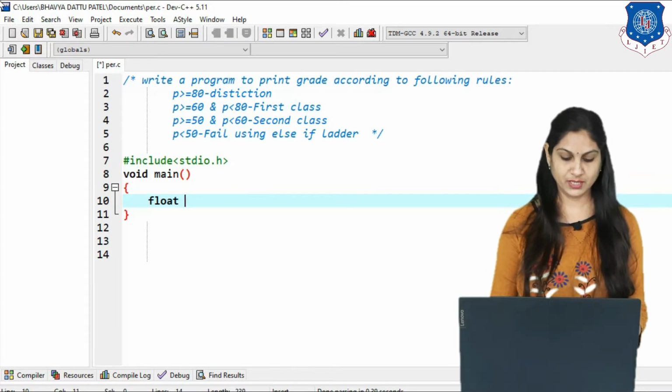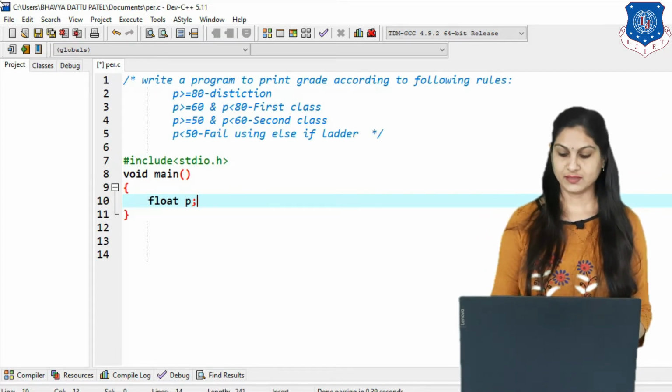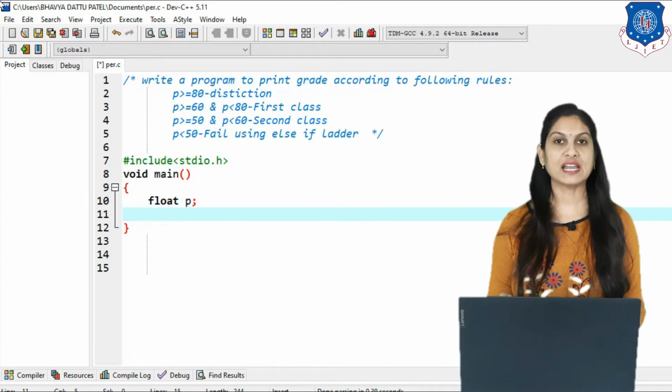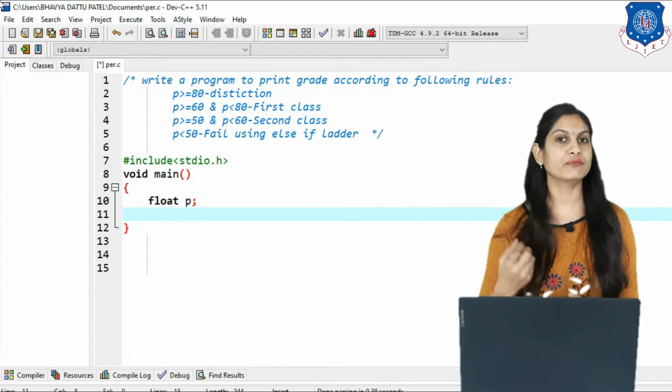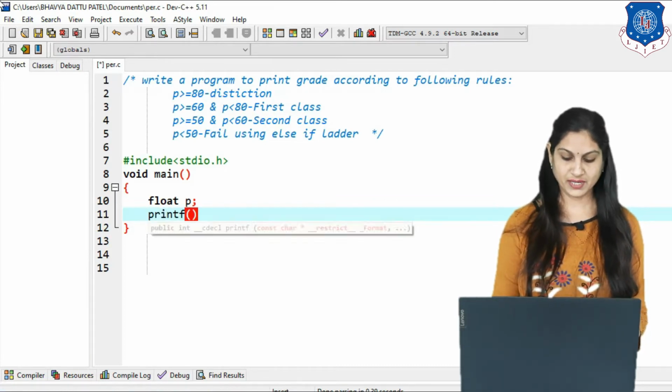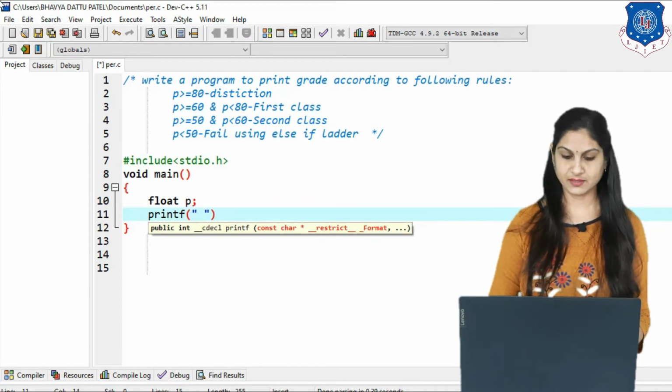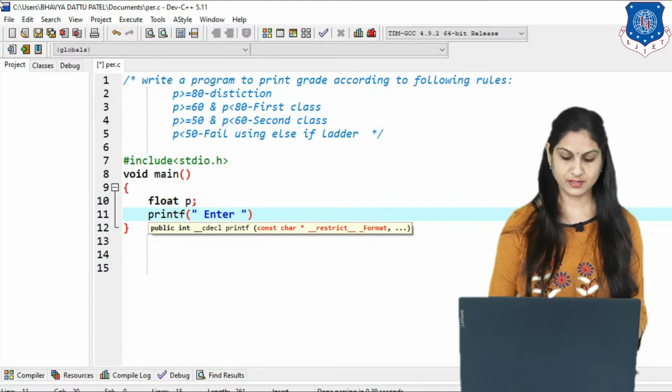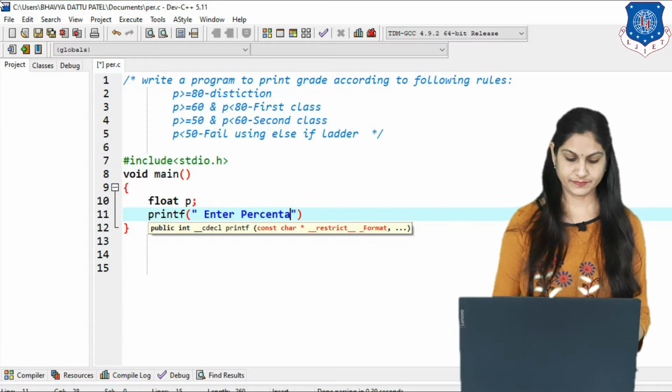So take the variable float p, that is our input. Now that value of percentage we have to read from the user, so we first print a message using the printf function. In printf we write the message "Enter percentage".